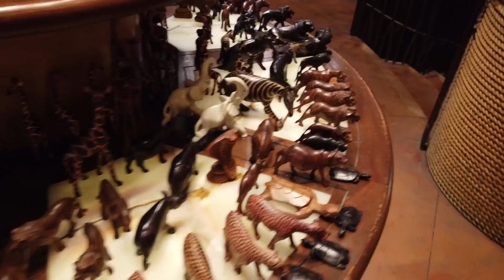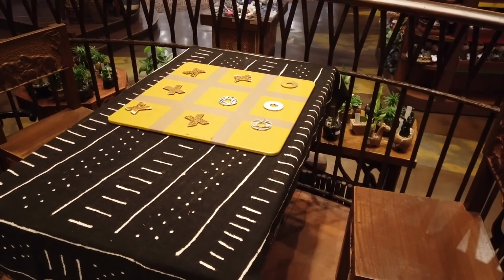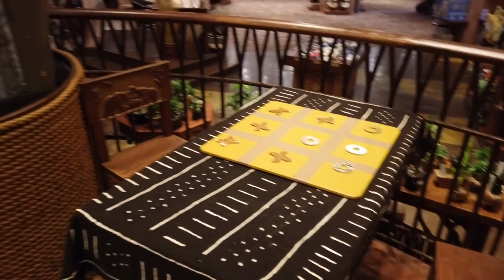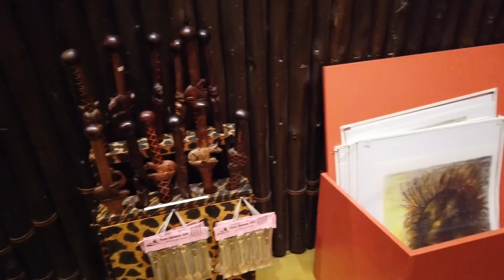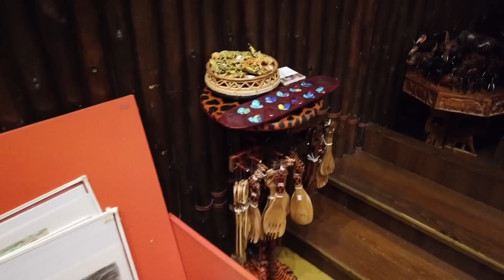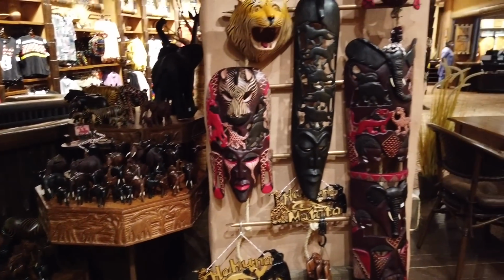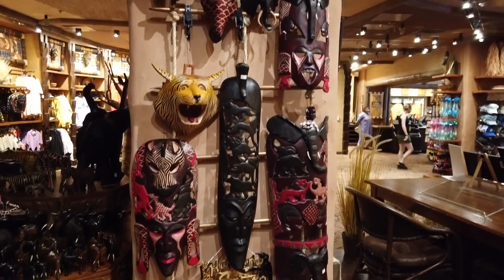These beautiful animal carvings. You can apparently play tic-tac-toe in here, which is shocking. And I wish I had a buddy to play tic-tac-toe with. Why commemorate your Disney World trip with just Disney souvenirs when you could get some of these beautiful and unique souvenirs here from Disney's Animal Kingdom Lodge too, especially if you stay here,